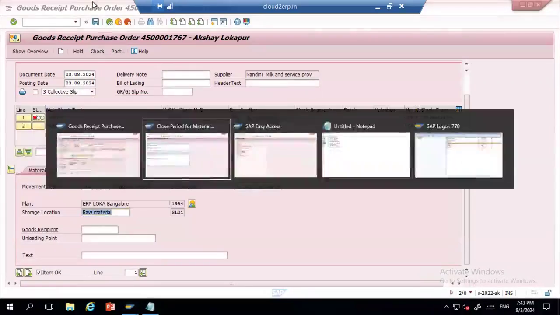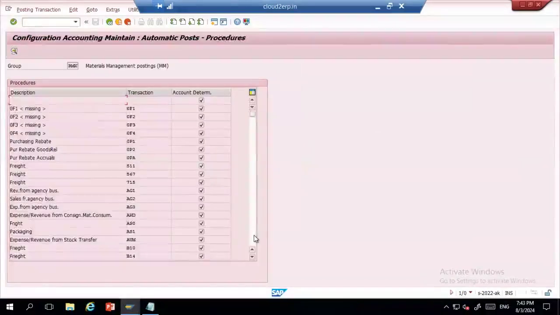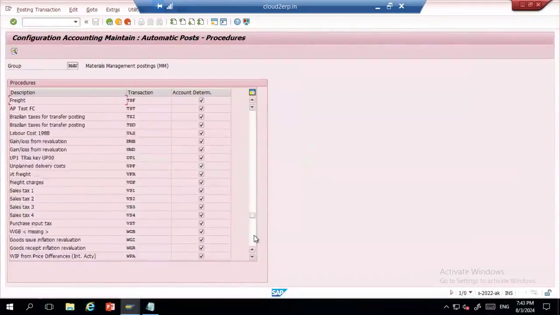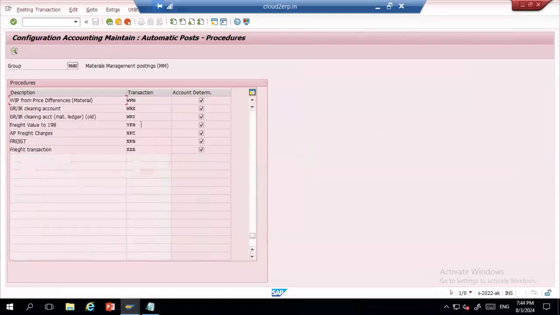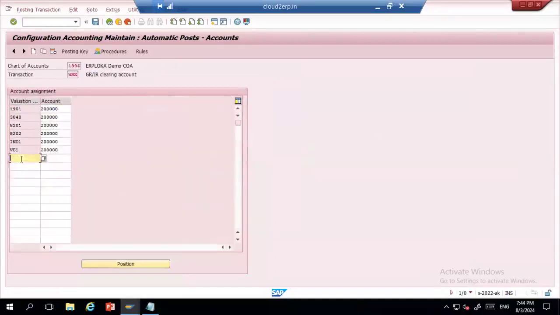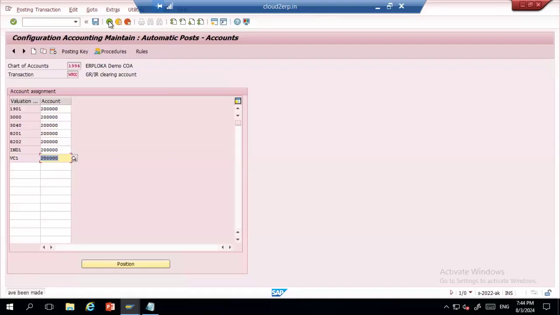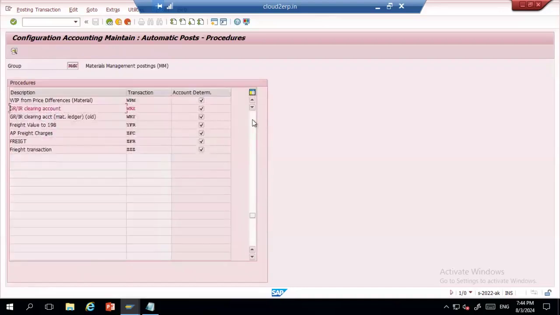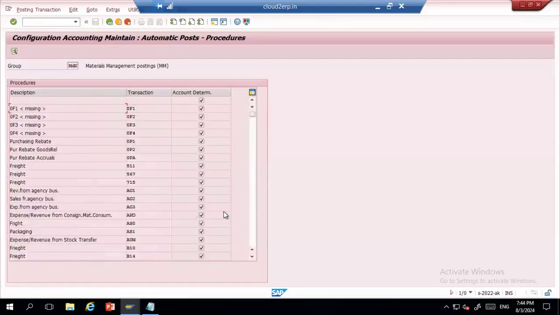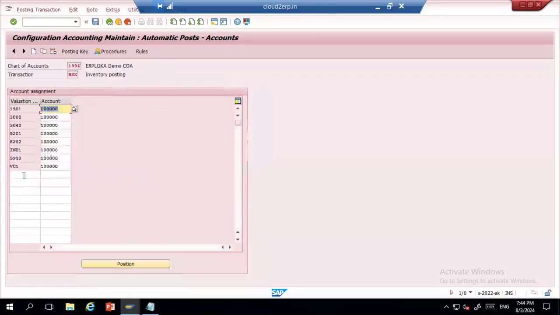We resolve that, and only then will we be able to post. For sure, we will have the BSX also. Okay, we have the BSX entry.